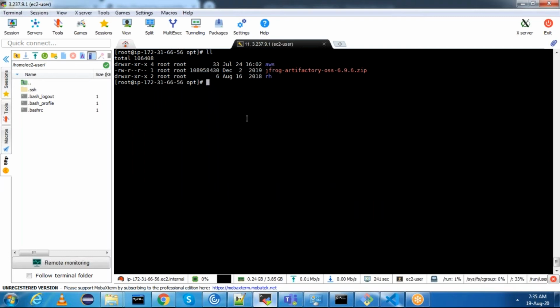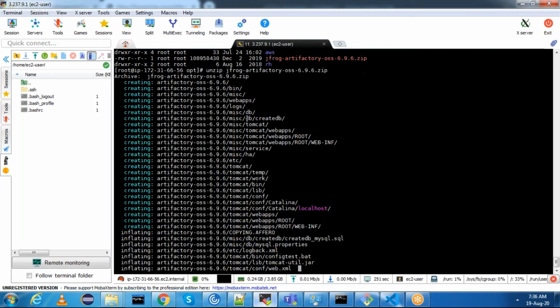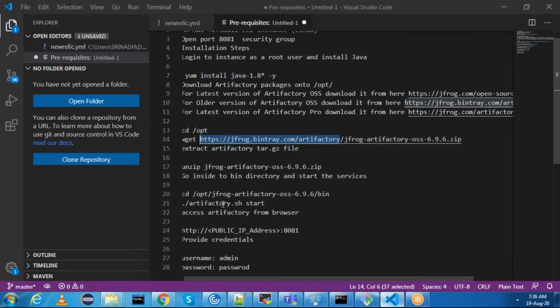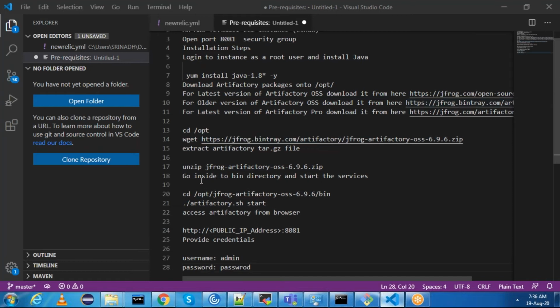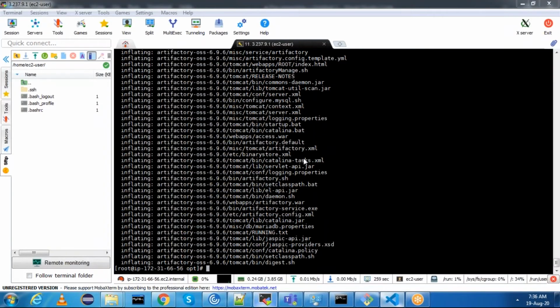Just extract it. For that, unzip Artifactory. Once it is extracted, we can go inside to bin directory and start the services.